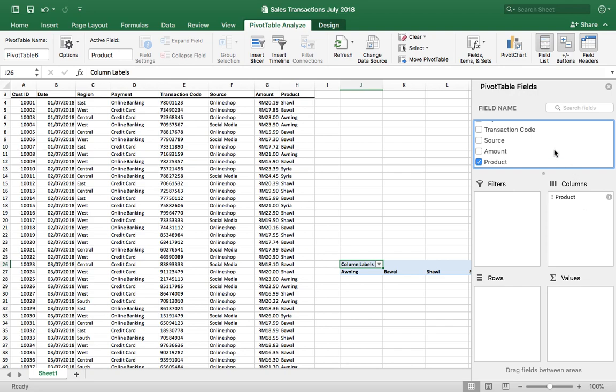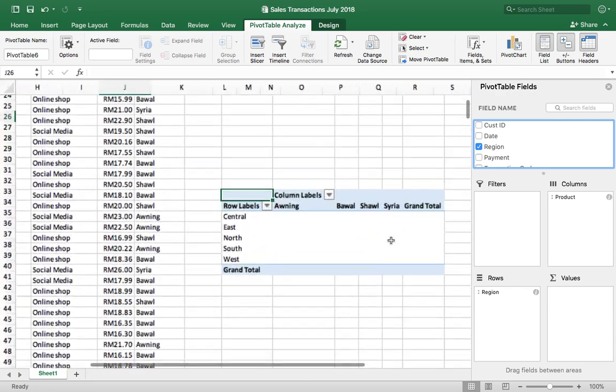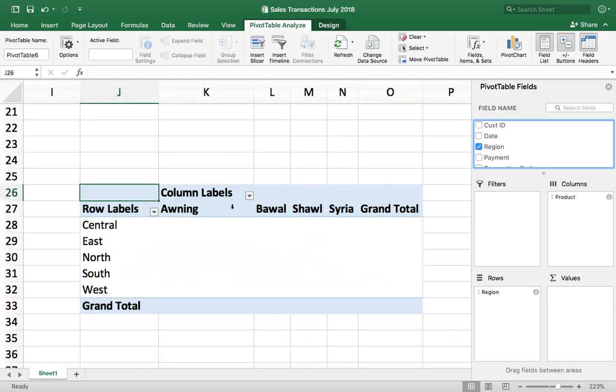And region here and put under rows. So if you notice here, the column here is all about the products, and the rows here is all about region. Okay, next,